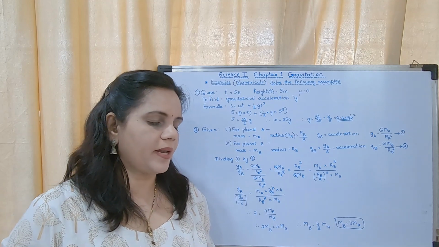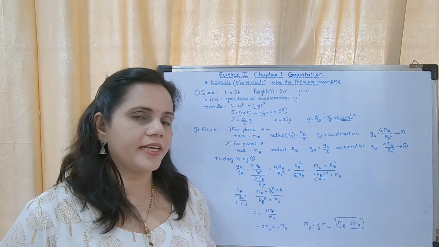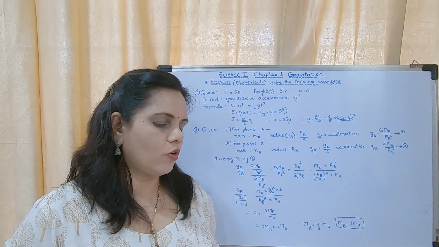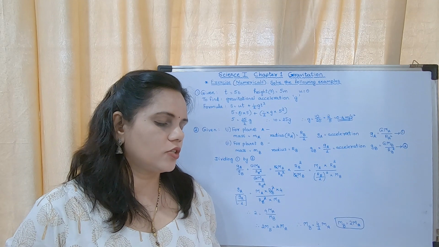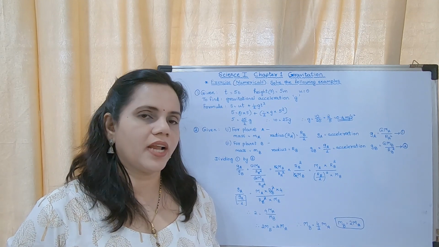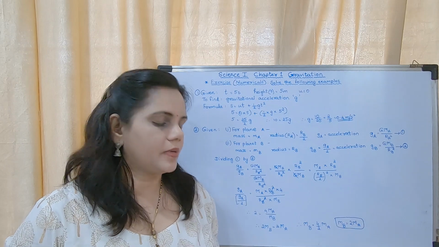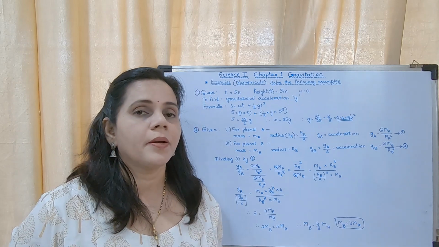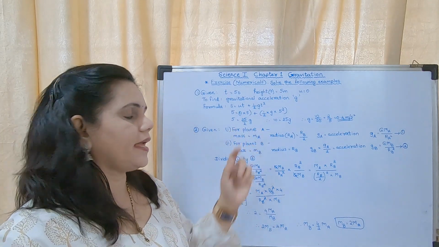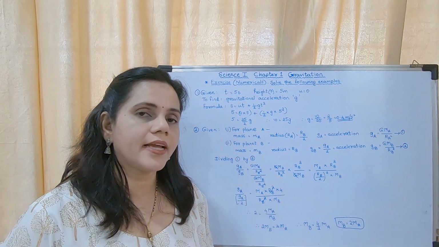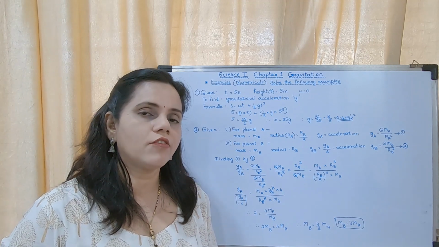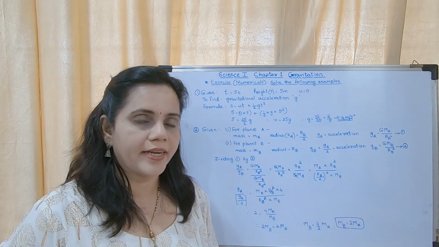The radius of planet A is half the radius of planet B. If the mass of A is ma, what must be the mass of B so that the value of g on B is half that of its value on A? Okay, some points have been given in that. Now here, they have given two planets, planet A and planet B. You have to find out the mass of planet B compared to that of planet A.